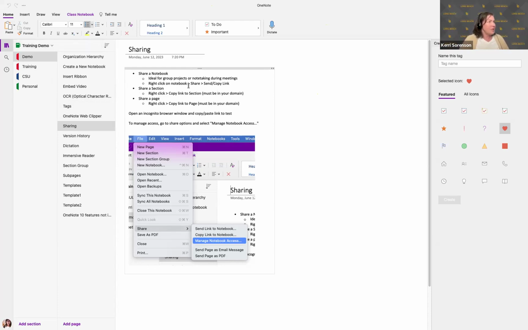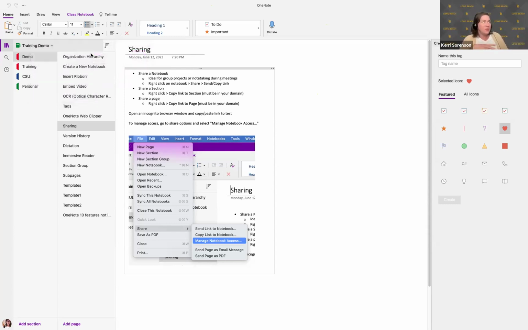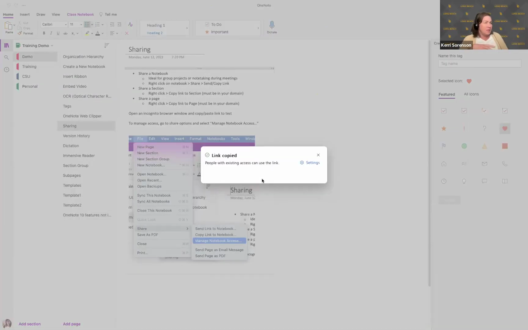To share a notebook, you just right click on the notebook and go share. And then you can send folks a link. So it'll send it through Microsoft Office, just like if you share a document through OneDrive or something like that. You can copy a link so that you can make a more personalized message. Let's say you want to copy the link to this notebook, and then